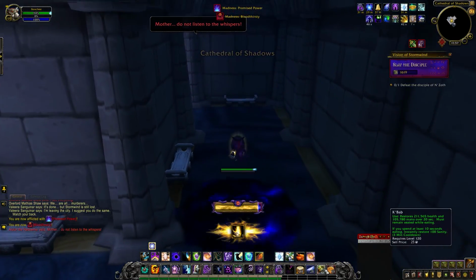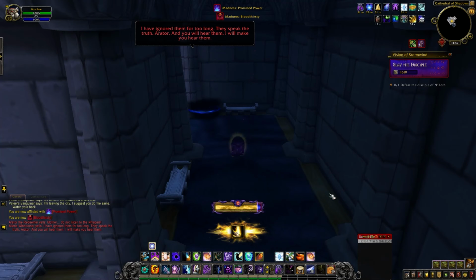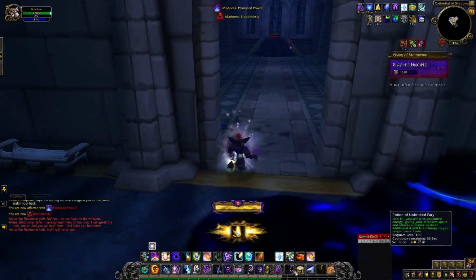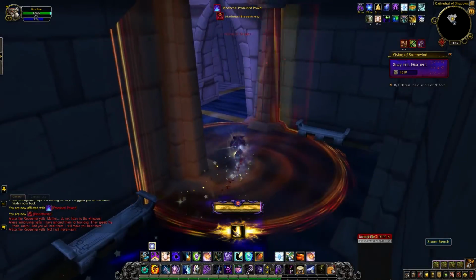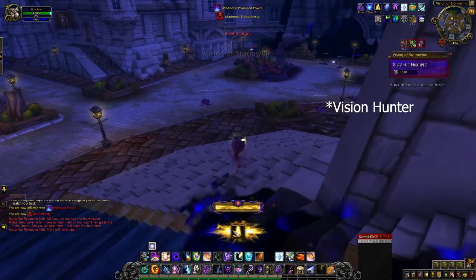Now right here, I'm going to go ahead and eat some food until I realize that my Potion of Unbridled Fury is actually on cooldown. So I'm honestly eating this for no reason, because I head back out into the main area, as I notice I have one stack of the Vision Executioner buff, so I figure I might as well go ahead and kill